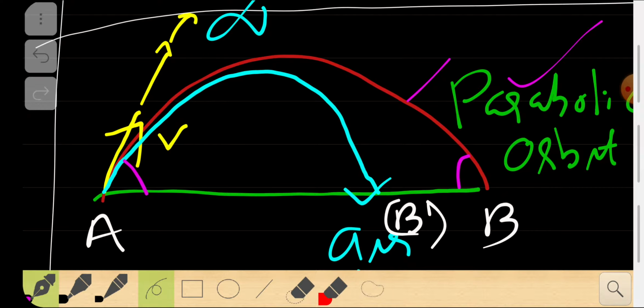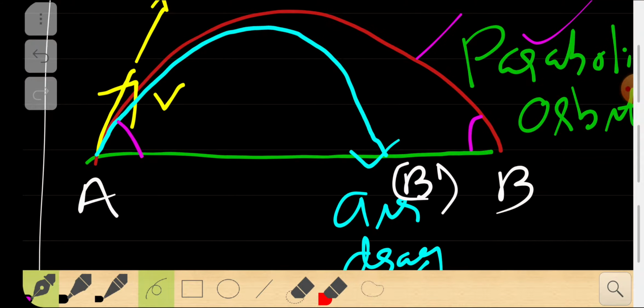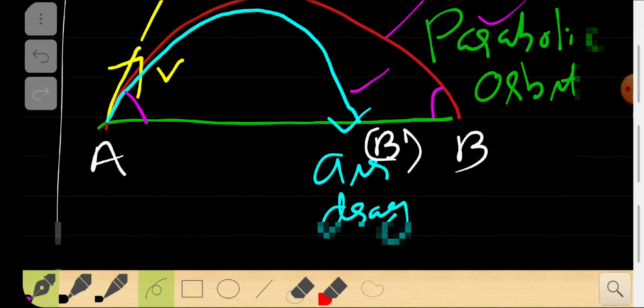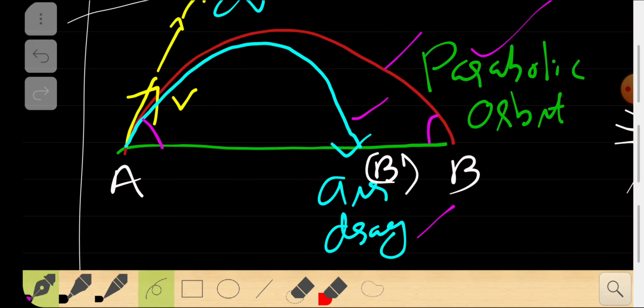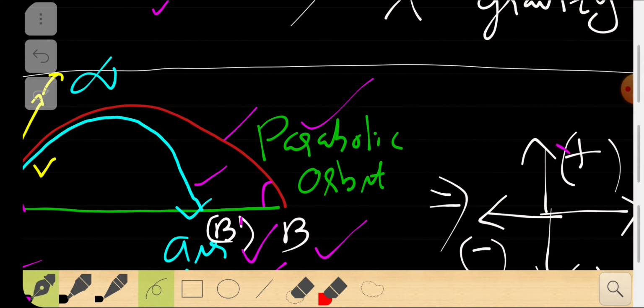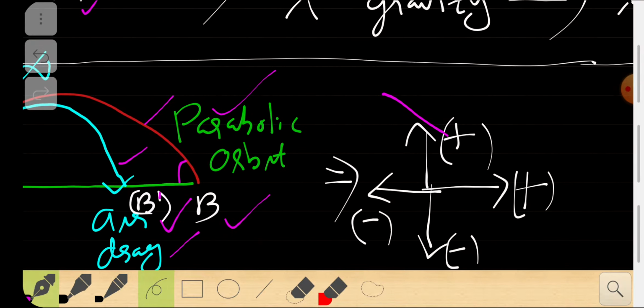These two angles will be the same if it's a perfect parabolic path on a straight surface. So it's going to take a parabolic path. If that's not the case, then it's going to take a second path, which is a resistive path with air drag. So when you throw a ball from A to B, it will either take a parabolic path to B or another path to say B dash. That's the second path where air drag is present. So it will reach a distance that is shorter than the actual parabolic distance it should take in the case of a normal delivery.